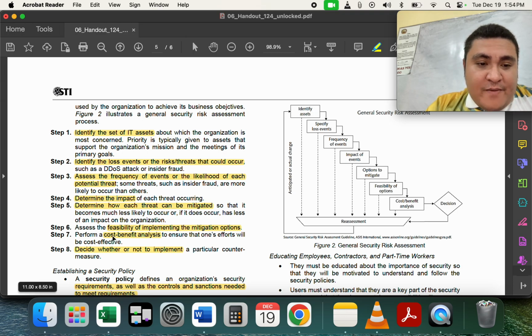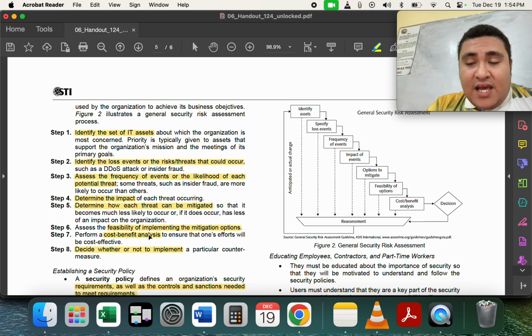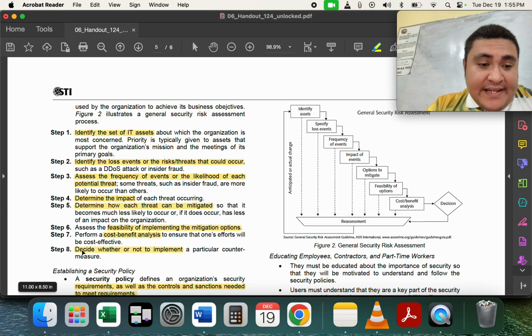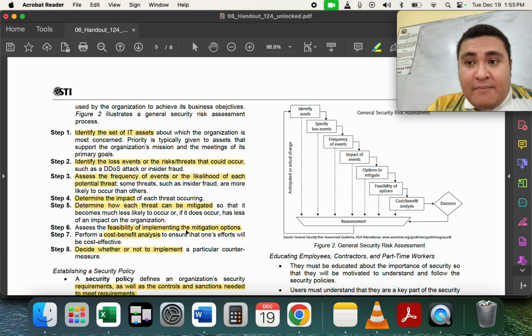You also have to perform a cost-benefit analysis. Since this is business, you need to assess which among your alternatives or mitigation plans will cost you less but still will not sacrifice the security that you're trying to provide. And then the last one is, of course, we'll leave it to the executives whether they decide to implement it or not. Okay, because after all, IT people are just on the process. They're only part of the proposal and then the implementation. The deciding part whether to implement it will always be on the executives.